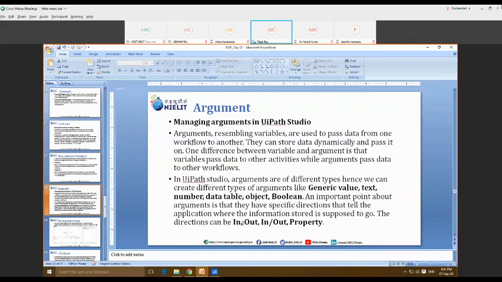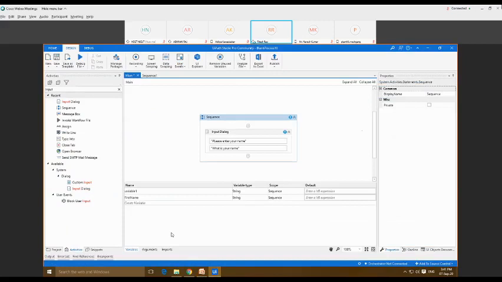The direction can be in, out, and property. Property is obsolete and not used nowadays. So basically we have three different types of direction in an argument: the in direction, the out direction, and the third one, in and out. So let me open the argument panel.